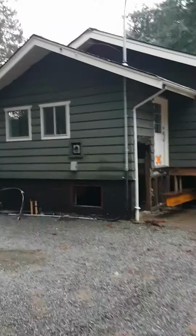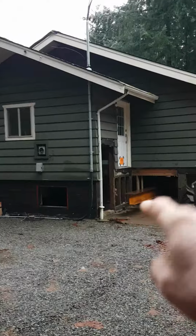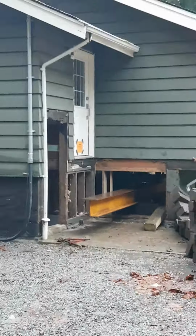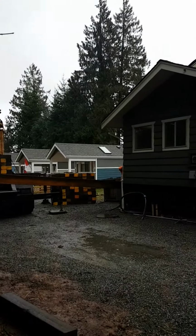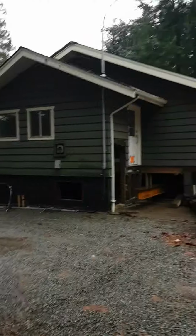This house here is going to go up. We've got one beam that's already in position right there. That's been slid in with the crane and some rollers. And the other beam's just going in as we speak. This whole house is going to go up